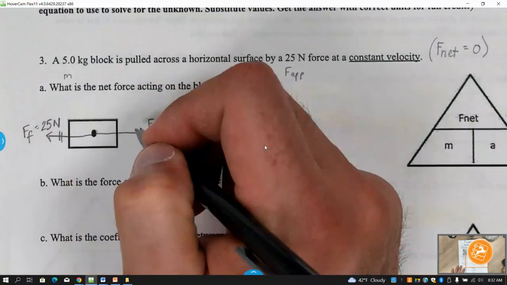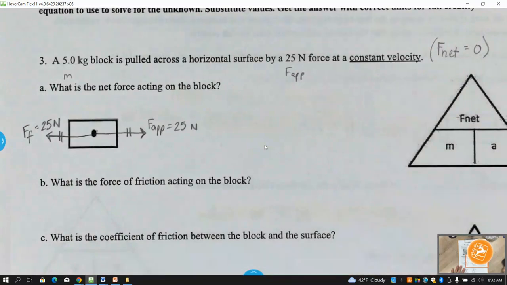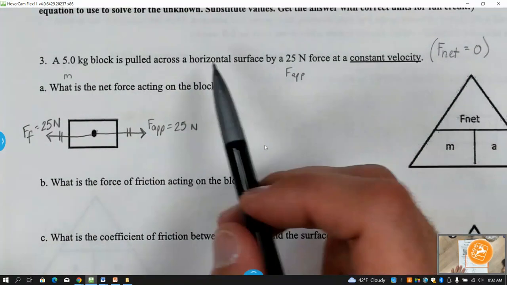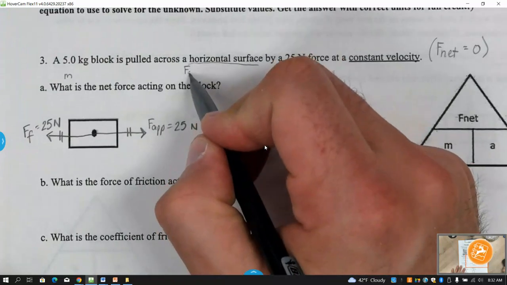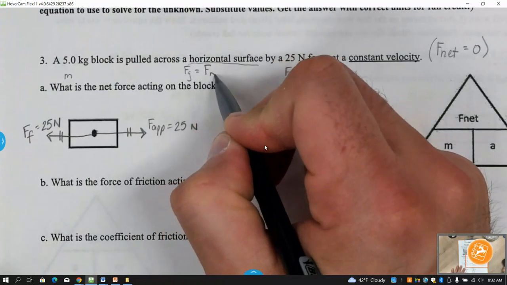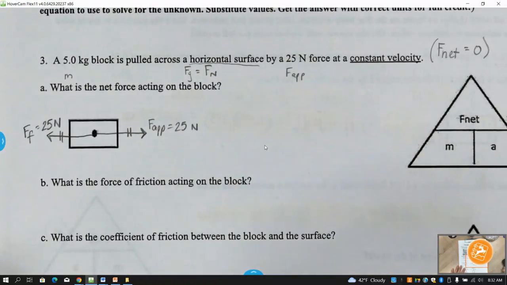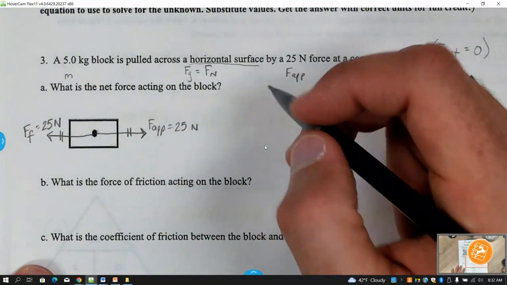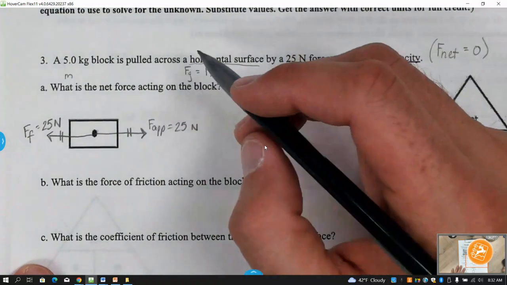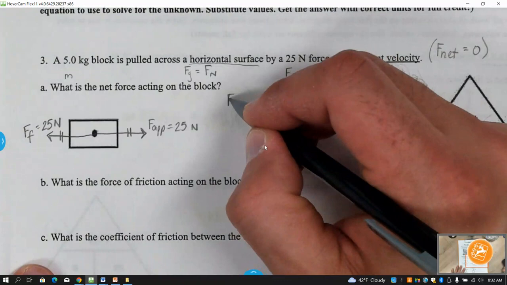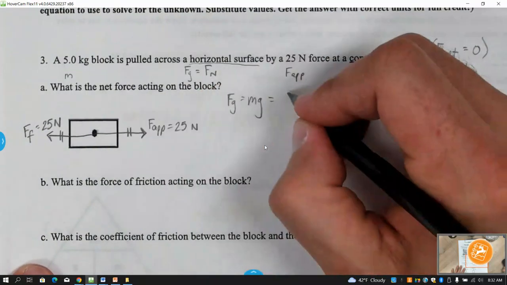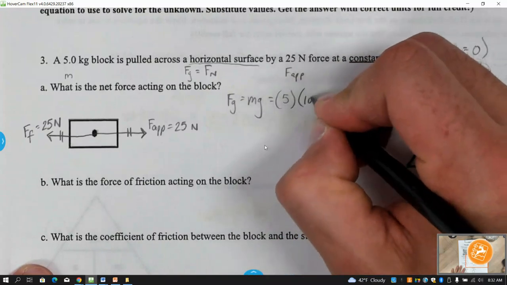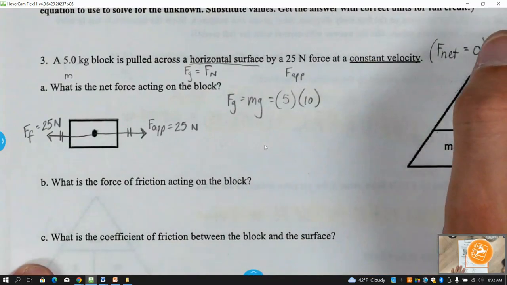I'm going to put a little equal sign there. The fact that we have a horizontal surface means that our weight will be equal to normal force, just like in the first two problems. So, all right. Let's go about solving for weight. Fg is m times g. Mass is 5. G is 10. 5 times 10,